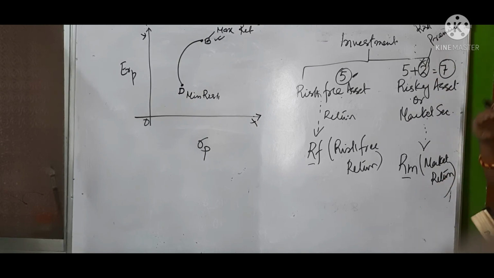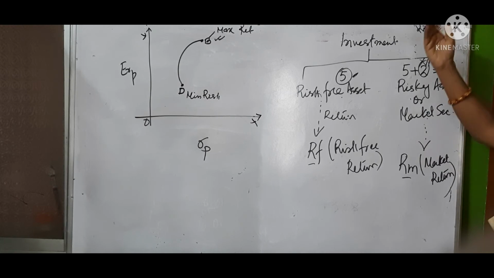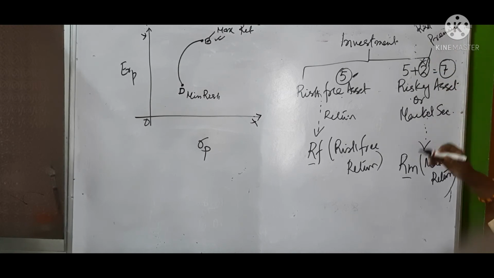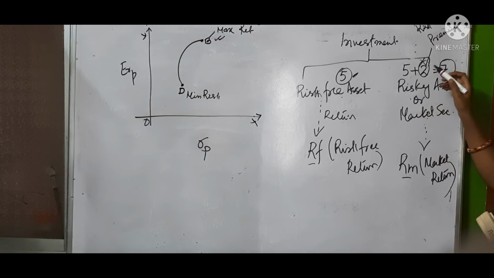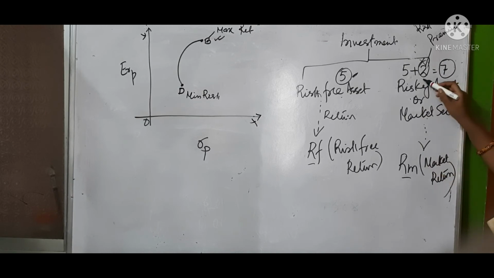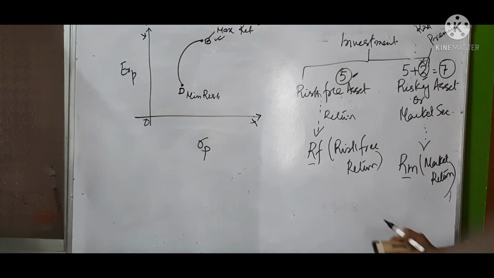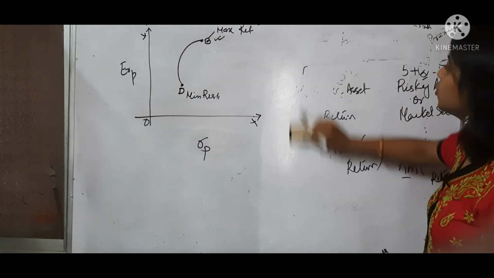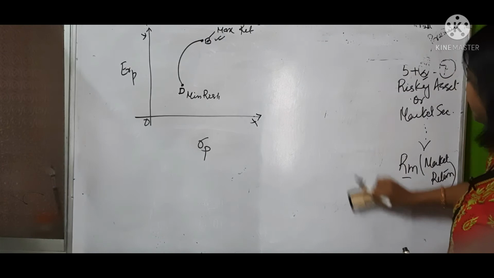So you can divide the class of investors. A high risk taker will get more premium. A low risk taker will get a low premium. A moderate risk taker will get a moderate amount of premium. Given this concept, now I give you the equation of the capital market line.